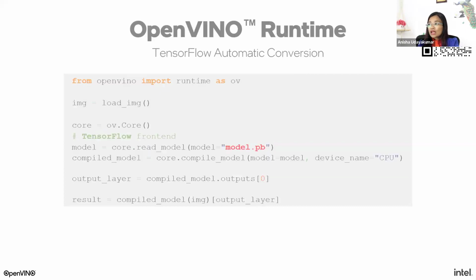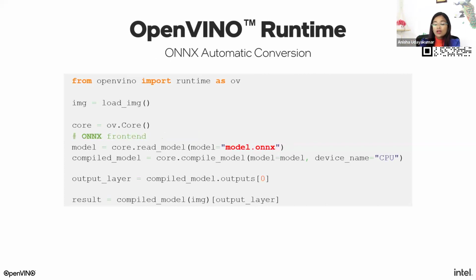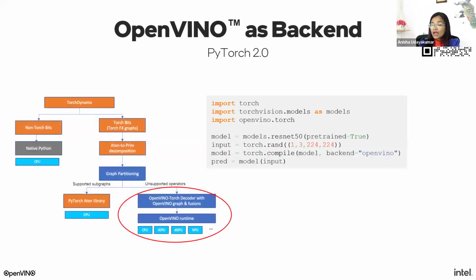So this is how it looks for a TensorFlow automatic conversion. All you see is the difference in the fourth line of code, which is like .pb or .tf or .onnx, and so on. The rest of the code remains the same. And this is what I meant by saving developers time and effort. We have the package for you. All the developer will have to do is write the code once, deploy it across hardware. They'll just have to spend their time on being creative and building the solution, and the rest is taken care of.